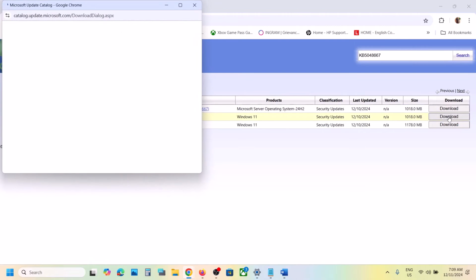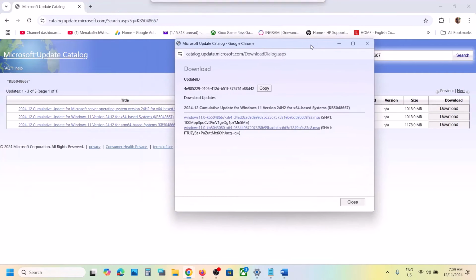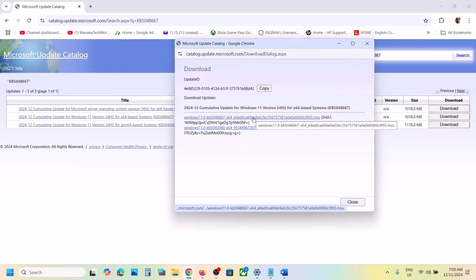Now click on download and then you will see this page. Now over here you can install this update. So it's x64. So try to install it, 5048667,